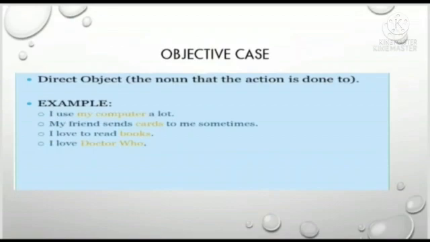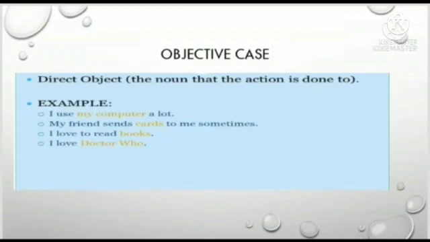Now, the second kind is the objective case. So, a noun is in the objective case when it is the object of the verb. Or in other words, you can say a noun or pronoun that stands as the object of a verb in a sentence is said to be in the objective case.